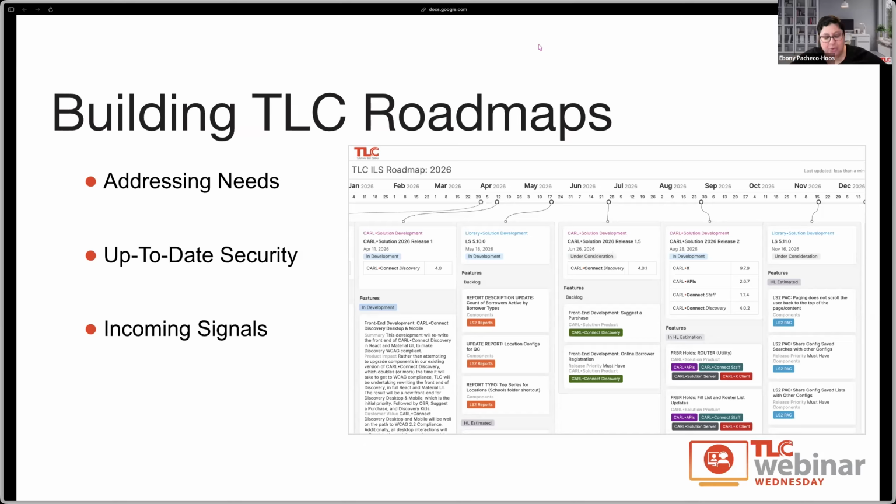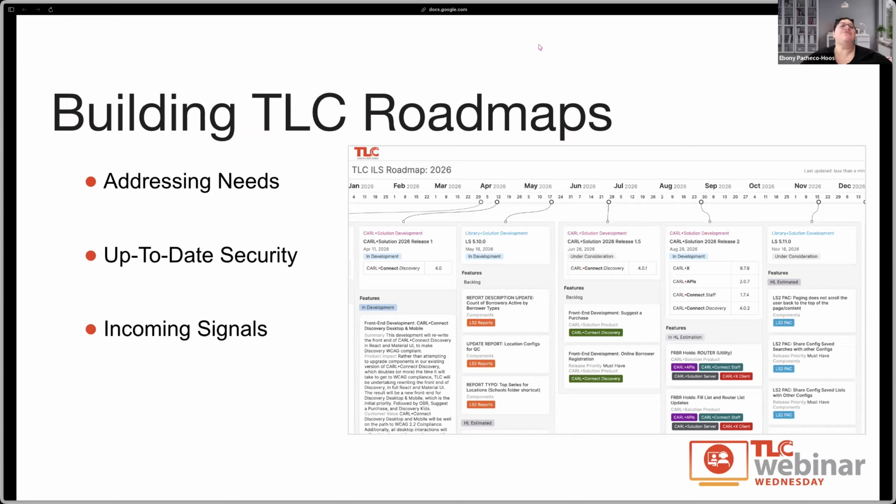Again, how do workflows change? How are our libraries functioning differently, operating differently? This was especially prevalent during and after the COVID years. How did those workflows change? How have libraries responded to all of the things that are happening in their communities? And it really is about looking at the needs of the market and how we sequence functionality that will meet those needs.